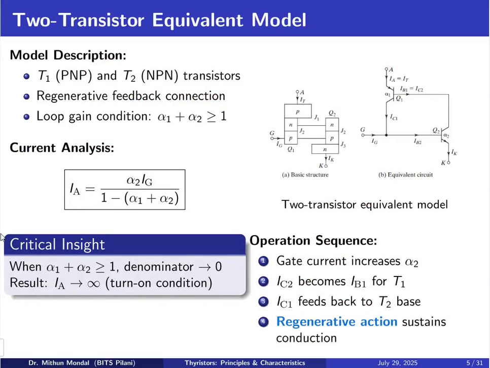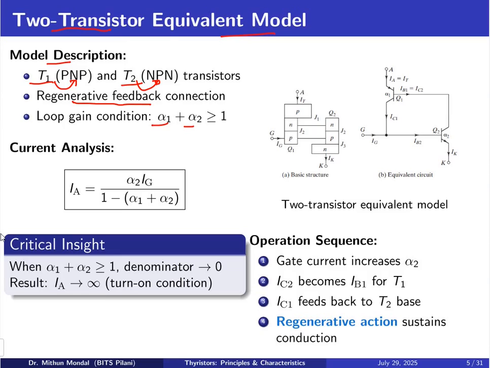The thyristors are basically represented with a two transistor equivalent model. So what is the two transistor equivalent model? This is a model of a thyristor where you have two transistors T1 and T2. T1 is in the form of PNP, and T2 is in the form of an NPN model. So this will create a regenerative feedback connection mechanism, and alpha 1 and alpha 2 being the current gain of